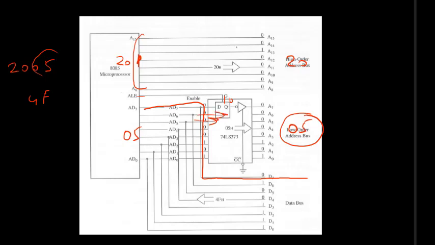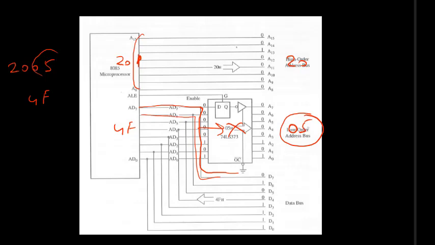So this is how demultiplexing is done. Even if suppose we want to send some data, say 4F, out, we want to write the data, even if 4F is written here, this 4F will go from this to D7, from here to D6 and so on. It won't cross this because the latch is not transparent now. It will hold this until the arrival of the next ALE signal. So this is how we can demultiplex the address and the data bus.